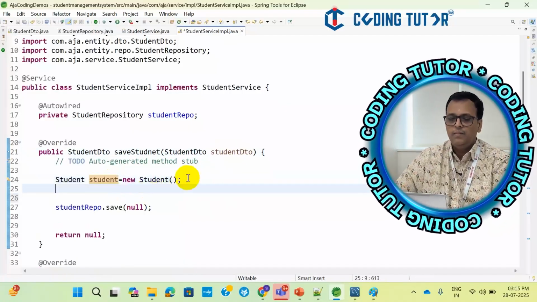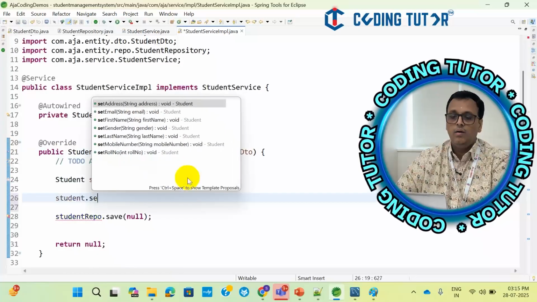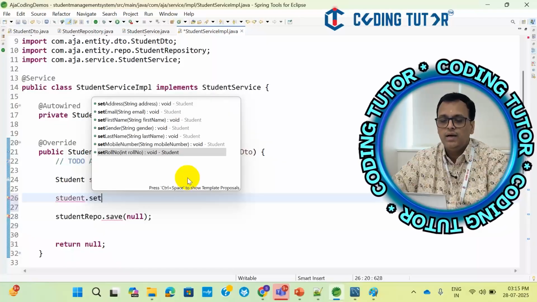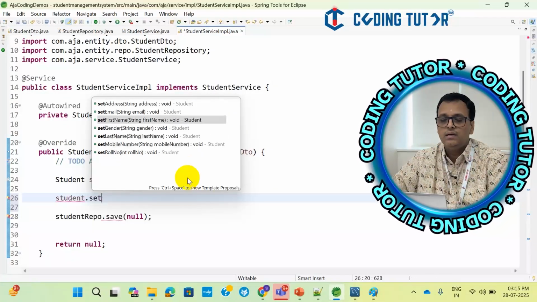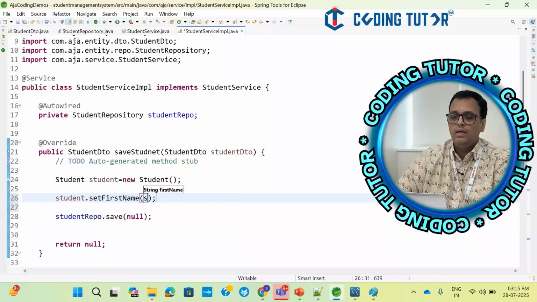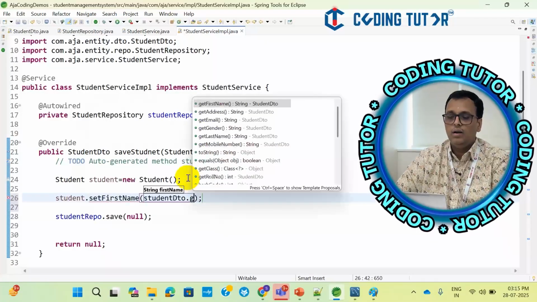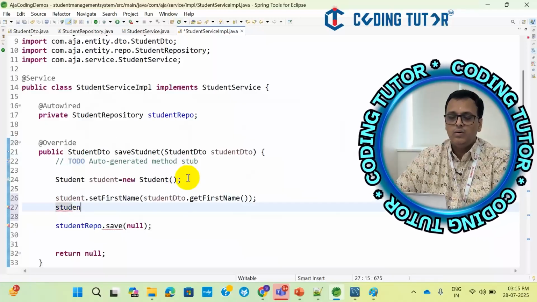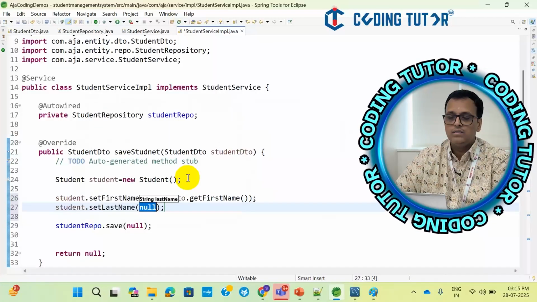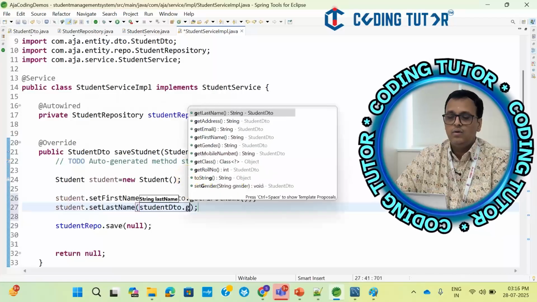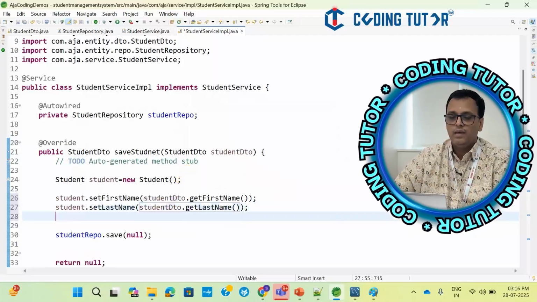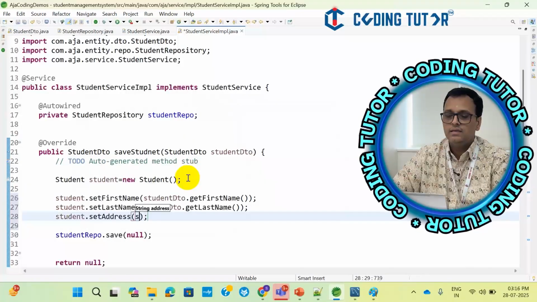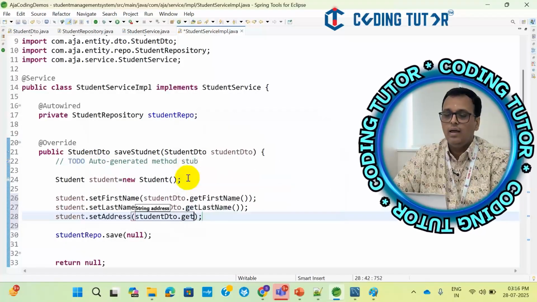So how to do this? Student dot set roll number. So auto incrementation, guys, roll number we are not required to set. So let me try to go first name, student DTO dot get first name. So we are using setter methods to set the values. Set last name, student DTO dot get last name, student dot set address, student DTO dot get address,